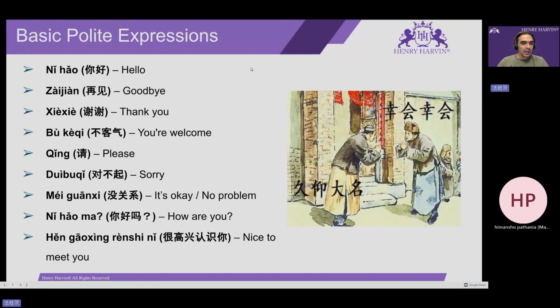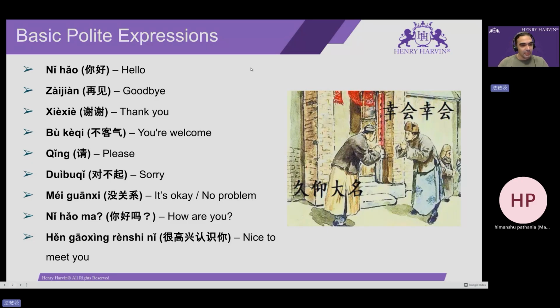but this is also one of the most common ones to use for expressions like you are welcome. And then we have the word for extreme politeness, or for polite expressions, the word 请, which is for please, or could you give me a favor or something like that kind of scenario. The word 请 is commonly used for that kind of scenario.